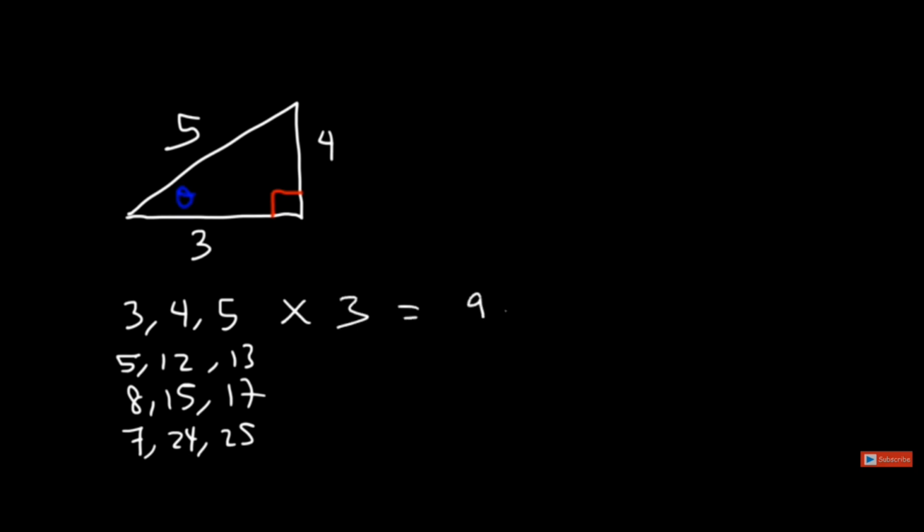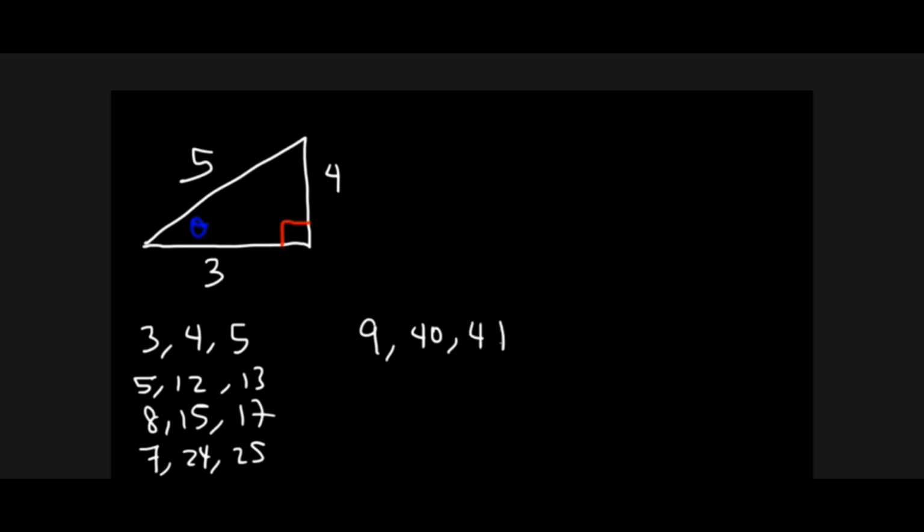For example, if we multiply this by 2, we'll get 6, 8, 10. Or if you multiply by 3, you get the 9, 12, 15 triangle. If you multiply this by 2, you get